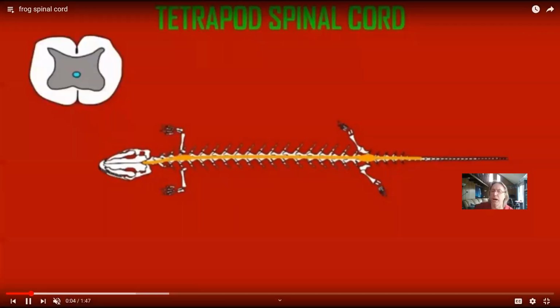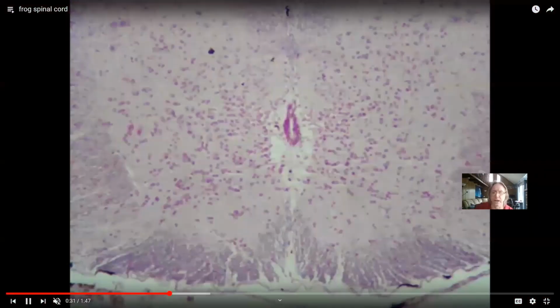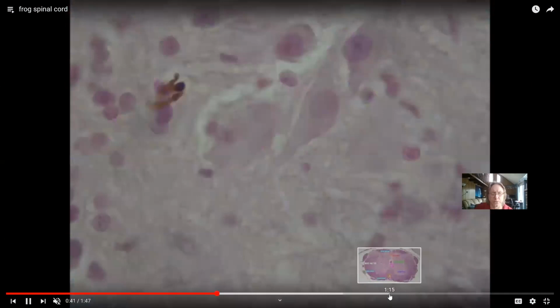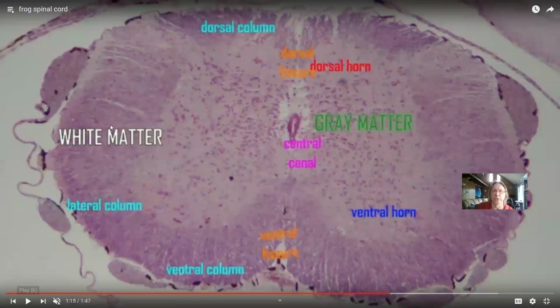And then finally, another video just reviewing the evolution of amphibians, such as the frogs. Reviewing some of the features of the amphibians, which I had mentioned. So here's a frog spinal cord. And as you can see in the video in just a second, you can divide it into the gray matter versus the white matter easily. The gray matter is here around the central canal. There are fissures, a dorsal fissure and a ventral fissure. There's the fissure there. These were traits in